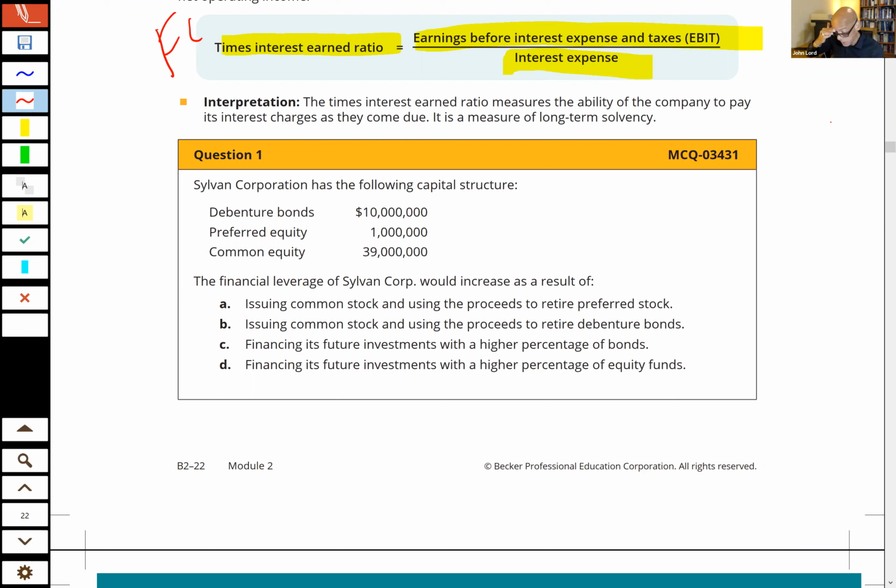answer this, the company is not very well leveraged because they have almost 40 million in equity and only 10 million in debt. And so they tell us that issuing stock, and they want to know how we could increase the leverage. Well, not by issuing more stock. Okay, so that's out in both of those. Those two would be,